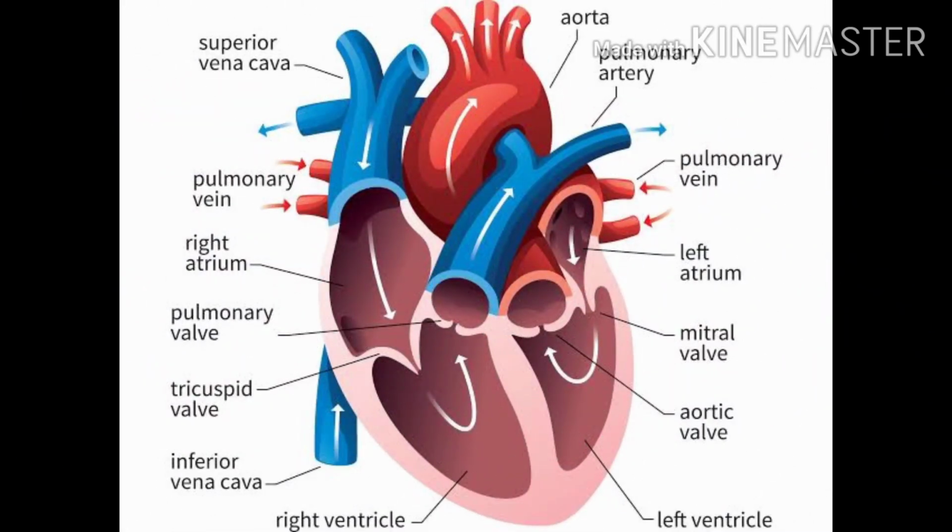This is the anatomical view of human heart, and as you can see here, different types of blood vessels and heart valves are present, and what are the roles of those parts inside the heart. About this topic I already discussed and made a video. I will give the link of this video in my description box. Please visit the link.